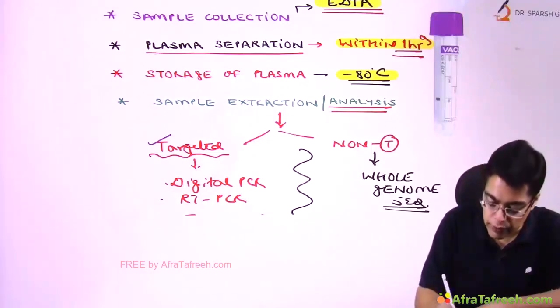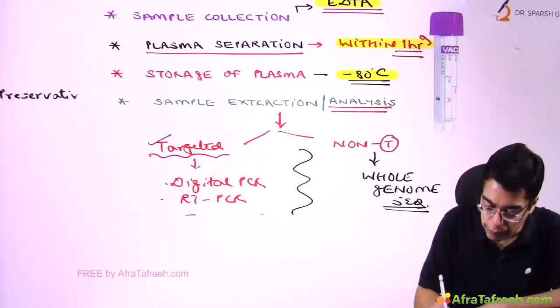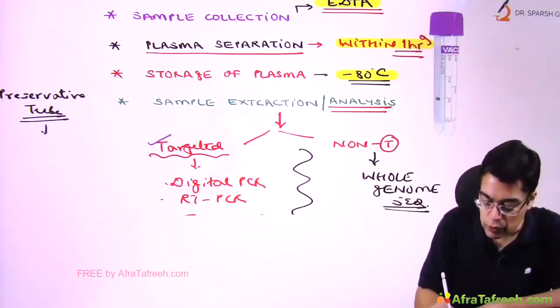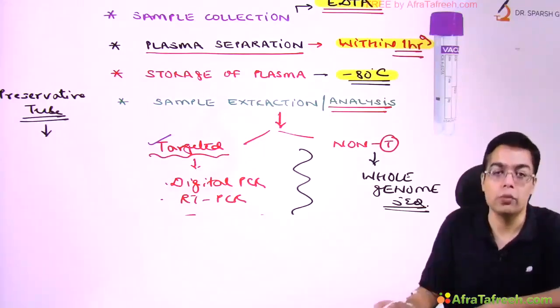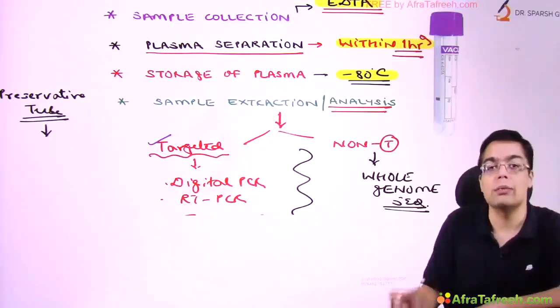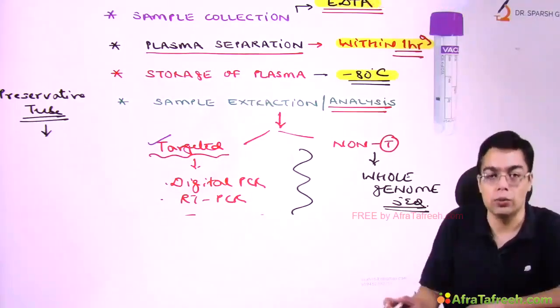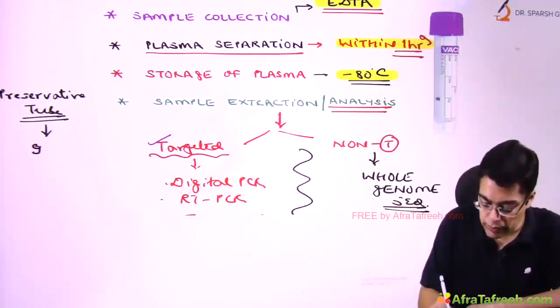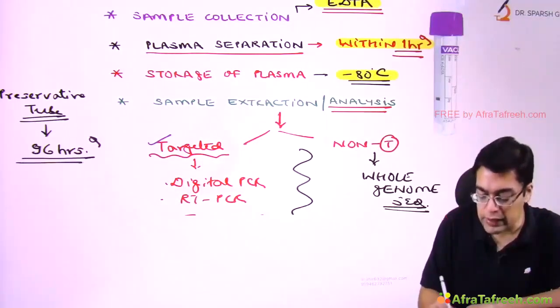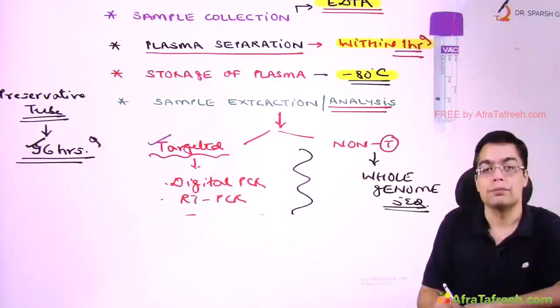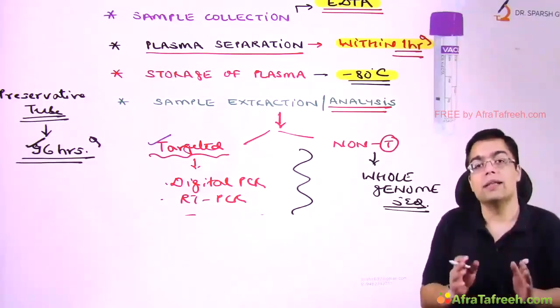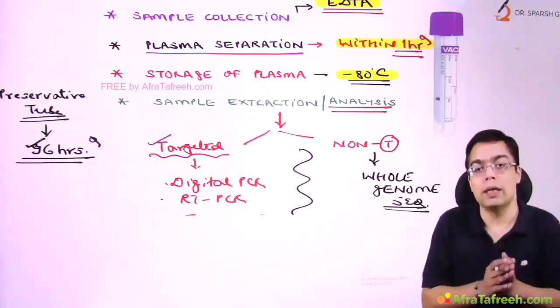So what we have nowadays is the availability of what are called preservative containing tubes. The preservative containing tubes ensure that the circulating tumor DNA in them remains stable for a longer duration of time. If you are using a preservative containing tube, the cell-free DNA or the circulating tumor DNA remains stable for 96 hours at room temperature. But it is ideal that once the sample has been collected, you send it to the lab as early as possible